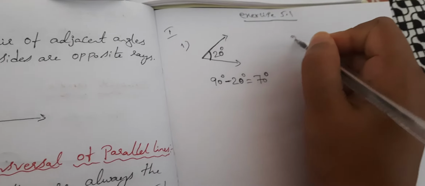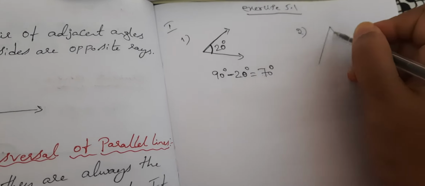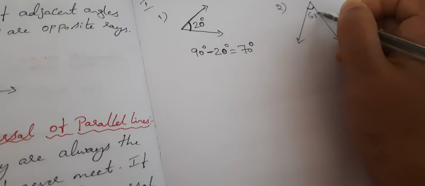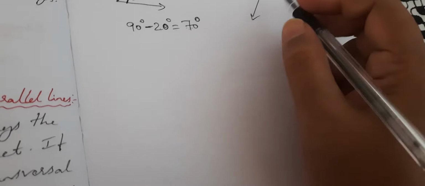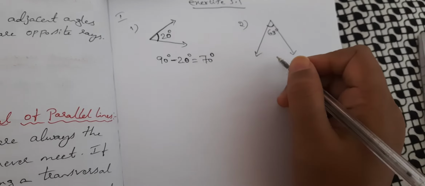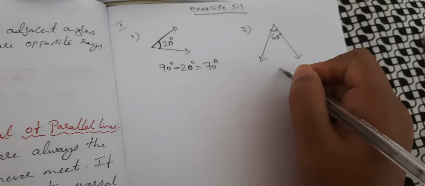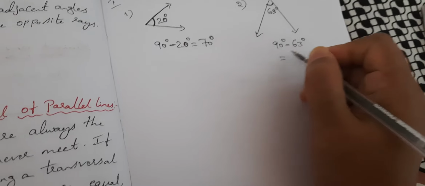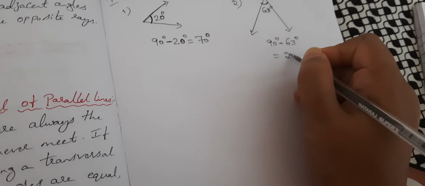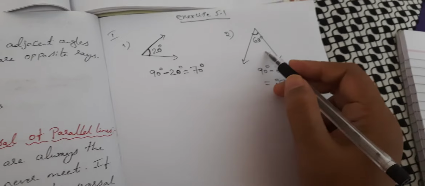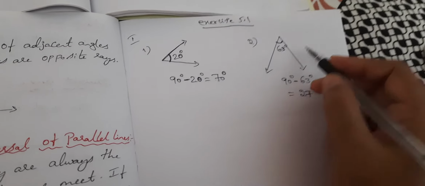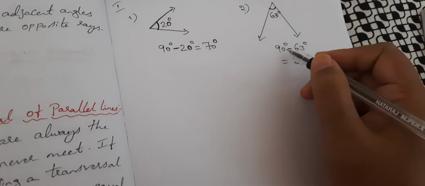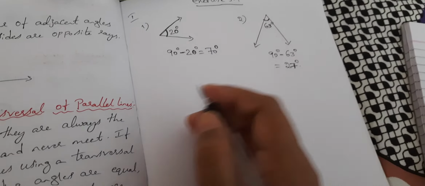Now second one you see, you have to draw with the help of a scale and protractor. 63 degrees there. Now here 63 is there. Now how we will do it? What is the complementary angle means? It should have 90 degrees minus 63 degrees. 90 minus 63 how much? 27. So now here 63 angle, this one is their angle. Then next angle should be 27. When you add 63 plus 27 you will get 90. So this is the answer.